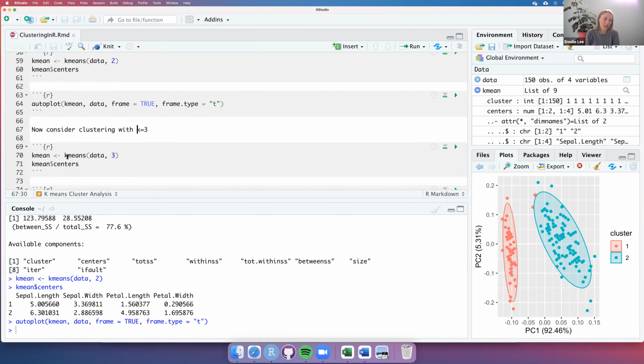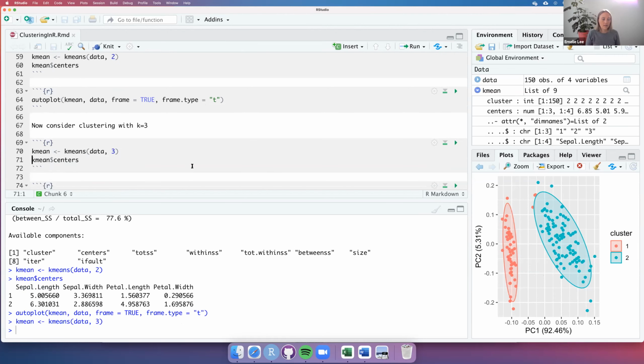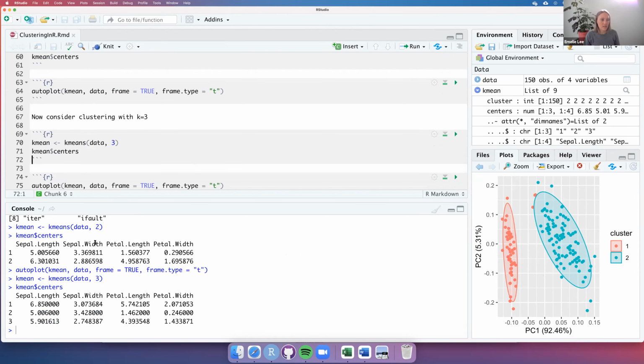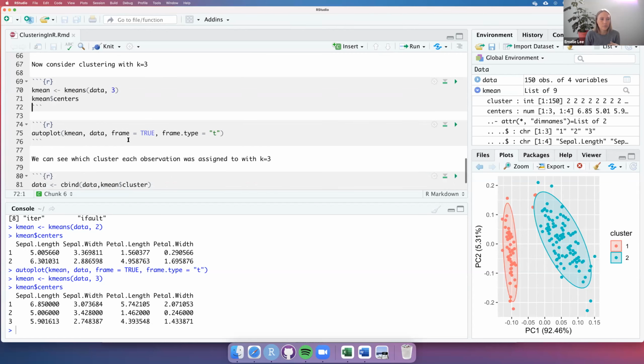So we do the same thing again. So I'm just gonna go through here. You can see that now I have 3 clusters, of course, because I told it to. And when I look at the centers, then there's some slight adjustments here, right? One's at 5, one's at 5.9, one's at 6.85 for the first column, for example. And so that's not really information that we need, but it's nice to have and nice to know how to access it, right? So if we autoplot this guy,